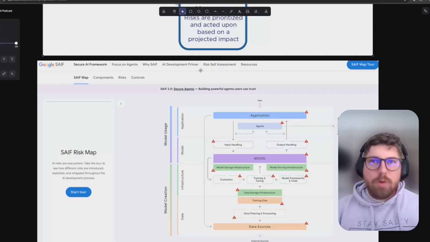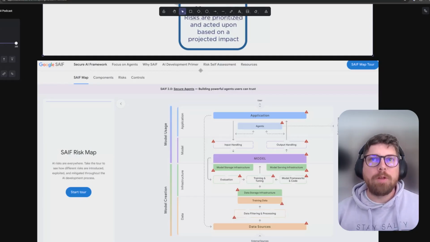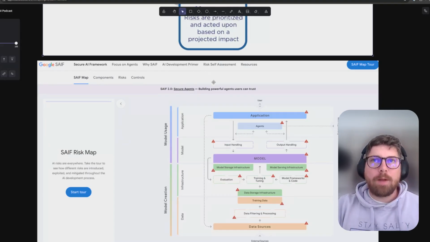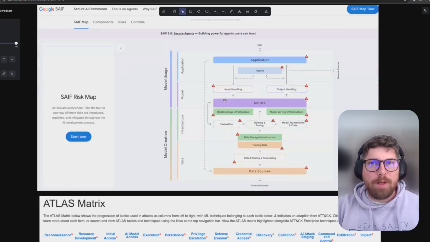I don't think they deal too much with how you should be interacting with AI things, but they do a good job of talking about how you should manage the risk of creating your own AI infrastructure. So I highly recommend that model for folks who want to dive deeper.